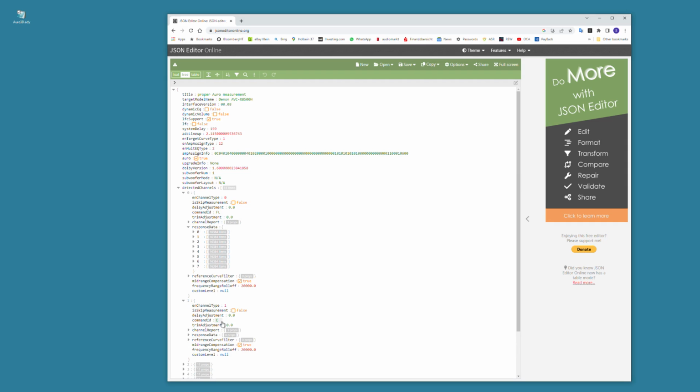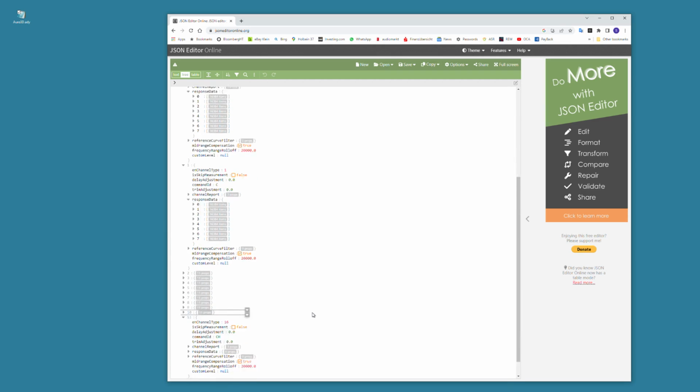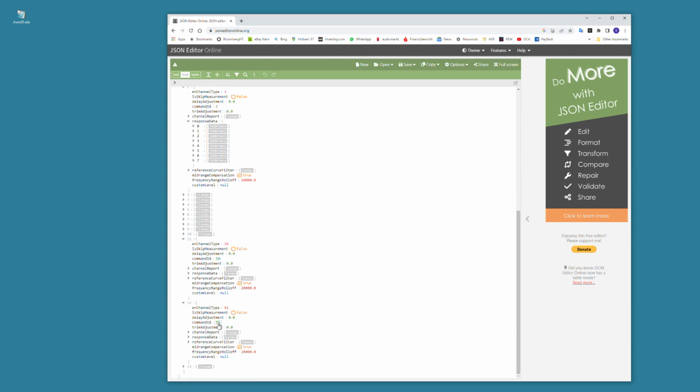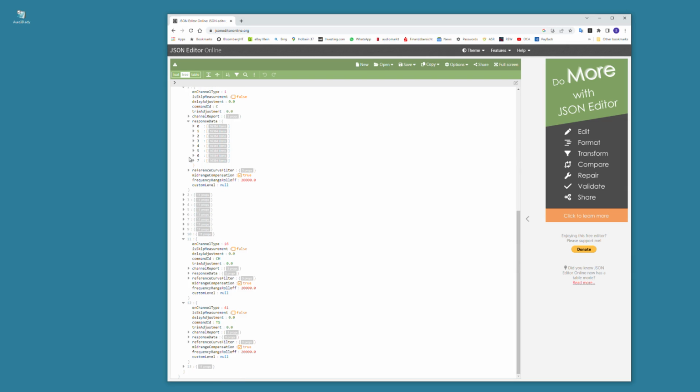Similarly, for center channel, represented by C, you have again 8 measurements, each containing 16,384 impulse data, which are the measurements Odyssey took in your system. You will see that, for example, channel 11 is a center high channel, and channel 12 is top speaker, which is the voice of God, and these are Auro specific channels, and we have their measurements, so we didn't need to measure them with UMIK in REW. This is just to show you the contents of this measurement. We don't need to see it.